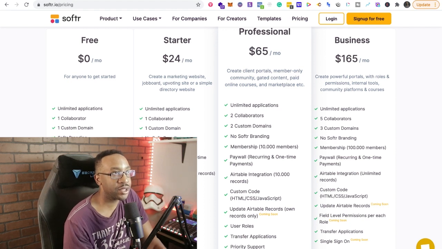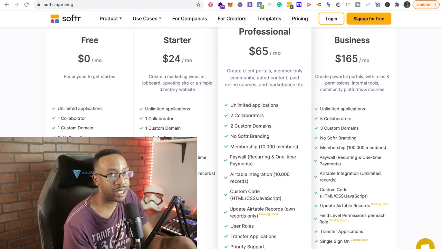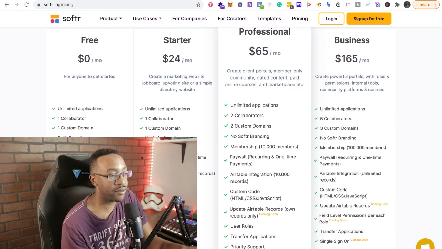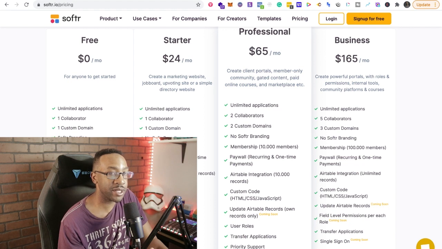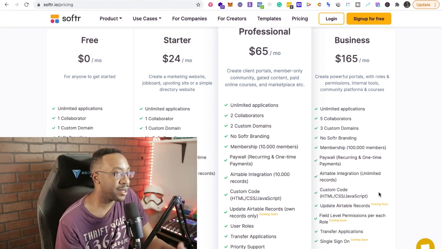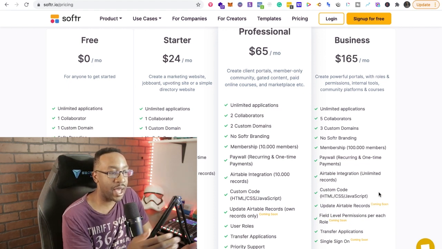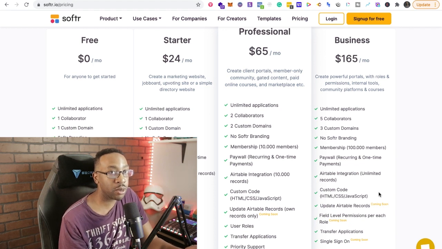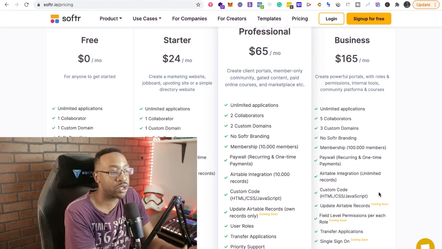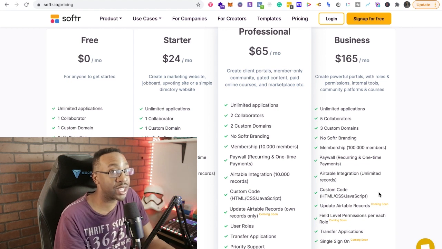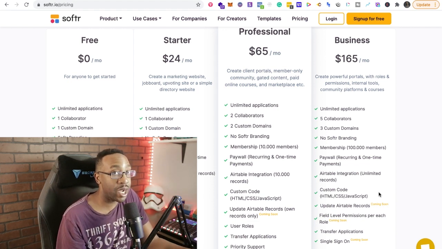Keep in mind, I would actually really focus on validating instead of worrying about pricing right here. If you're saying, well, if I scale up, I might have to be paying $165 a month if I want the business, I'm looking at Softr as an excellent opportunity for me to build fast, to see what people want. And if I have the traction, if I have my audience, now we're just going to reverse engineer how much I have to charge in order for this to be viable. Having these prices, they're very affordable if you have a paying audience, and I wouldn't progress from the free plan unless I started getting traction and I started getting returns on my ideas.